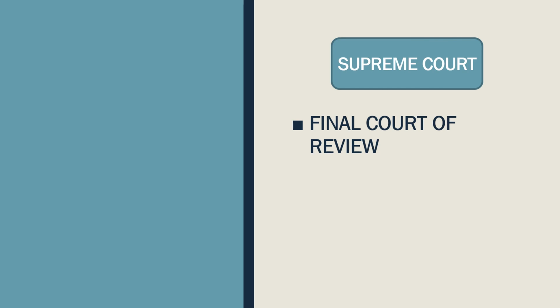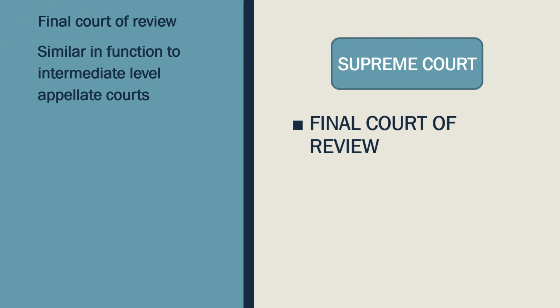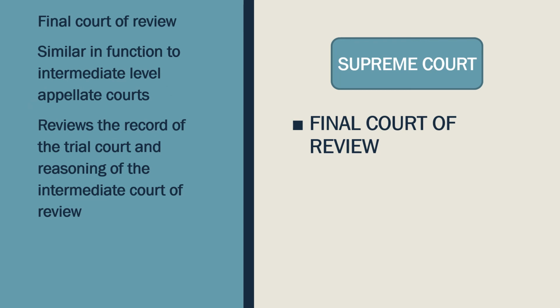They're looking at primarily the trial court level. So this is one more step of review. So the intermediate level court, that's your first chance of review, and then of course this is the last chance of review. So this is the final court of review. It's similar in function to intermediate level appellate courts in their reviewing of the trial court record. Reviews the record of the trial court, and then